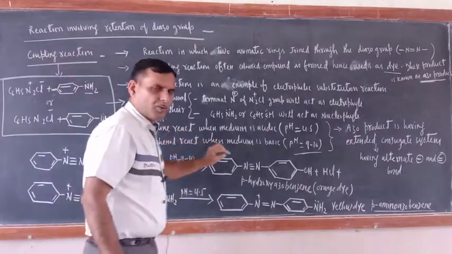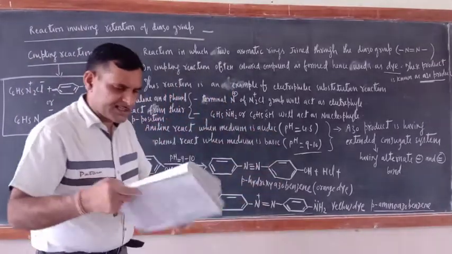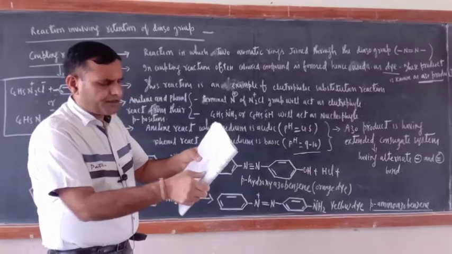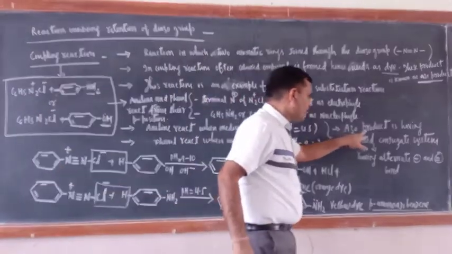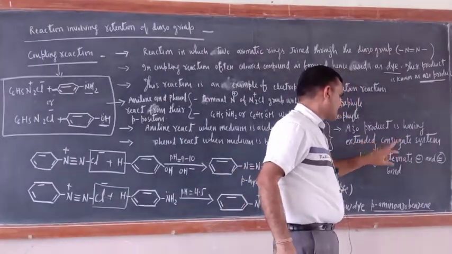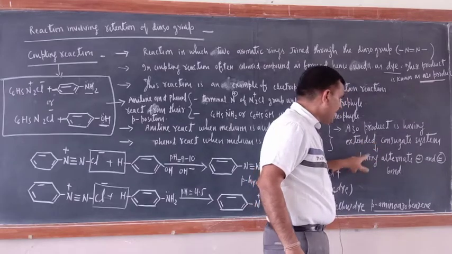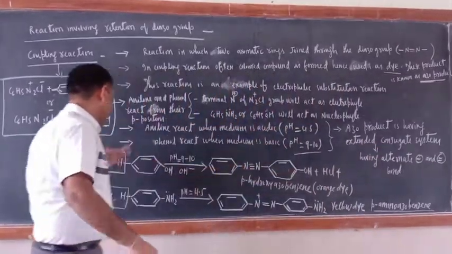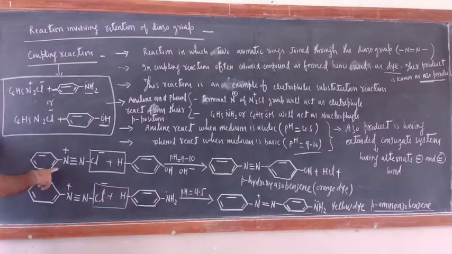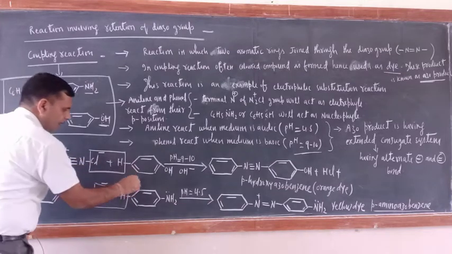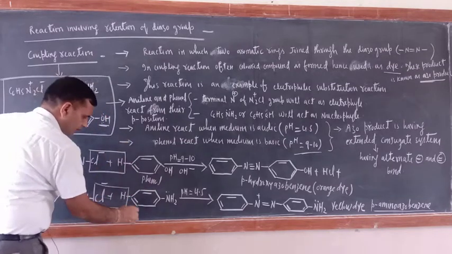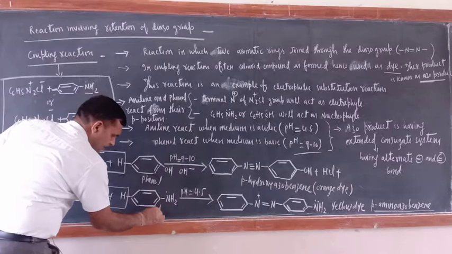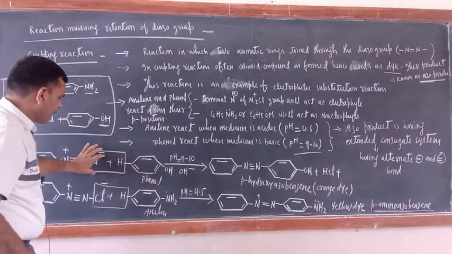Now in the NCERT book, the first line written here is: the azo products obtained have an extended conjugated system. So I wrote here, azo product has an extended conjugated system. What is the meaning of extended conjugated system? Having alternate single and double bonds. Just see, first make the reaction. What is this one? This is benzene diazonium chloride. Here N triple bond N Cl is there. This is phenol, and its para position is this one. And this is aniline. Its para position is this one. Just you replace HCl.